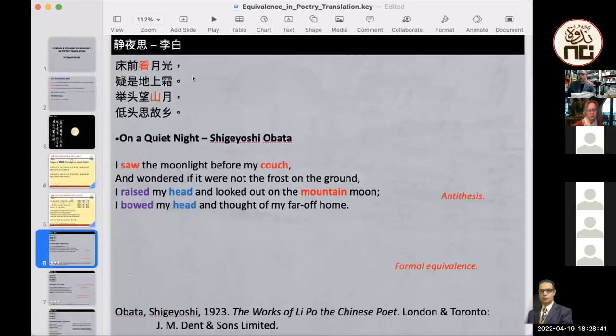Guang, Shuang, Xiang. The rhyme is so clear. Chuang Qian, Ming Yue Guang, Yi Shi Di Shang Shuang. You can still hear the rhythm and the rhyme fully. But maybe in other poems, yes, they sound better in southern accents, especially when they employ this Ru Sheng that's missing in modern Mandarin Chinese.